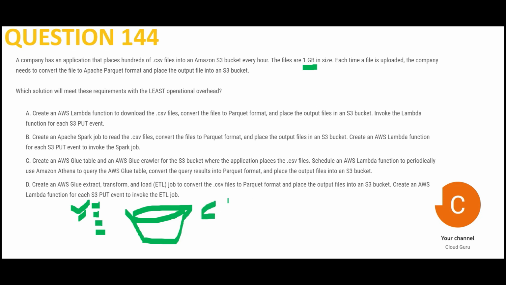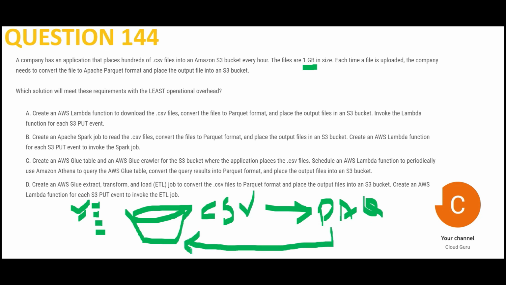The file comes. You now have to convert the file into Parquet and place the file back again in S3. So you get a CSV file and you convert that to a Parquet file, and then you put it back in the S3 bucket. That is what you have to do, and you have to do it with the least operational overhead. Least operational means, to go from point A to point B, you can go from A to C, C to D, D to E, and then E to B. But there is also a direct route, A to B, which is the least operational overhead. That is what you have to do. See, my first focus was to convert the CSV file to Parquet.